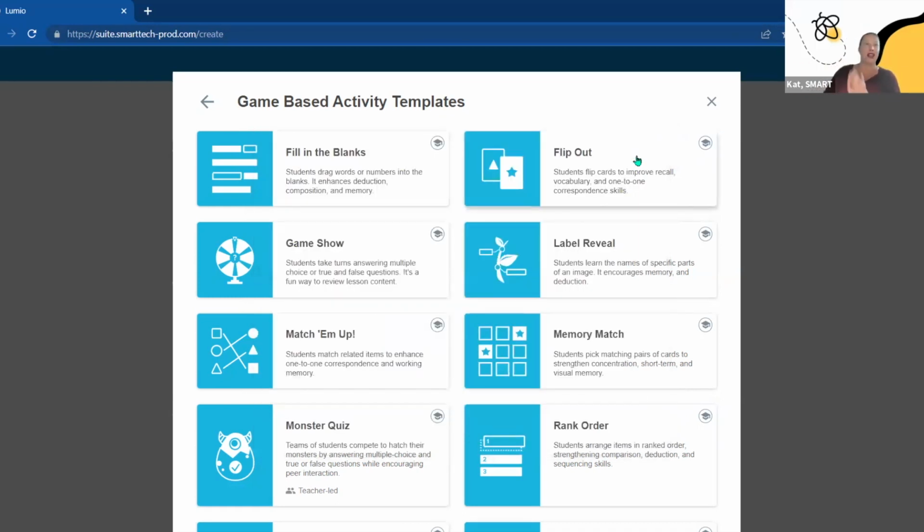A couple things to touch on. If you are practicing Spanish to English, things like that, almost flashcard-type activities, this flip out may be really good for you. If you want your students to learn about the parts of a graph as you get into secondary math, or secondary history, when you're talking about where things happened, this label reveal may be